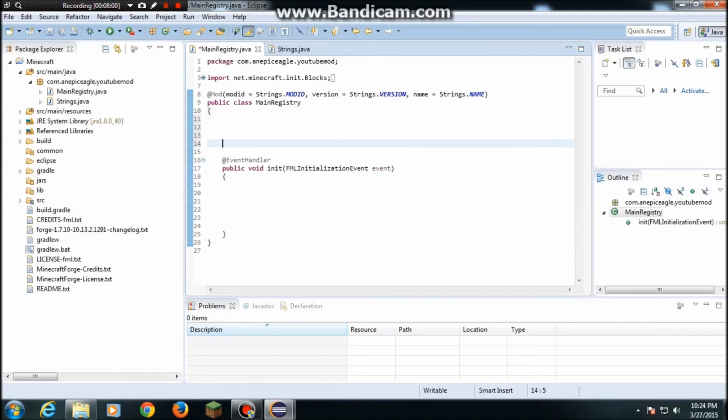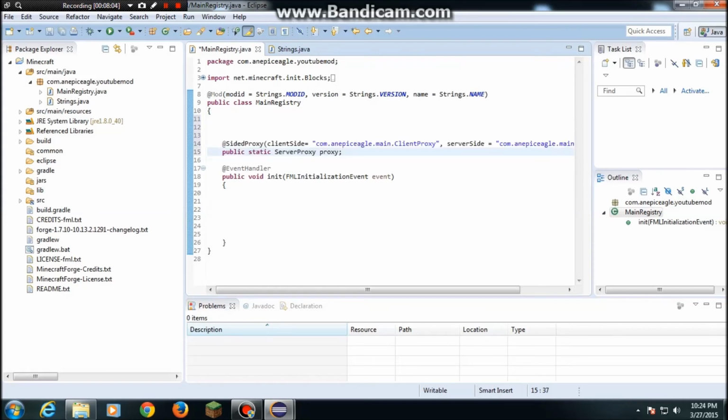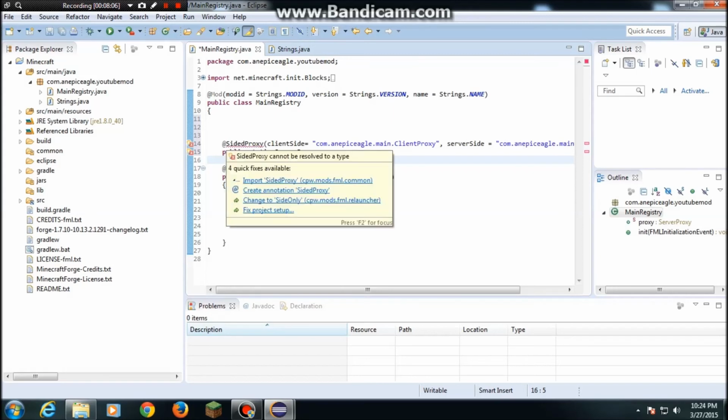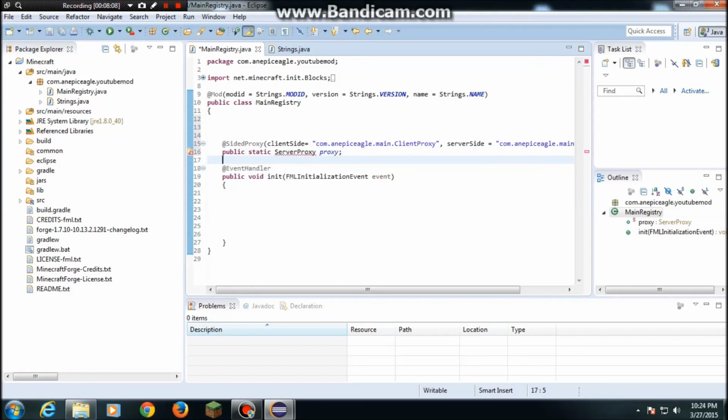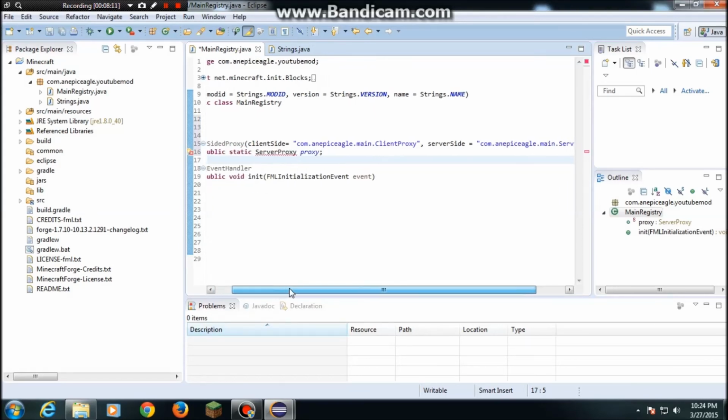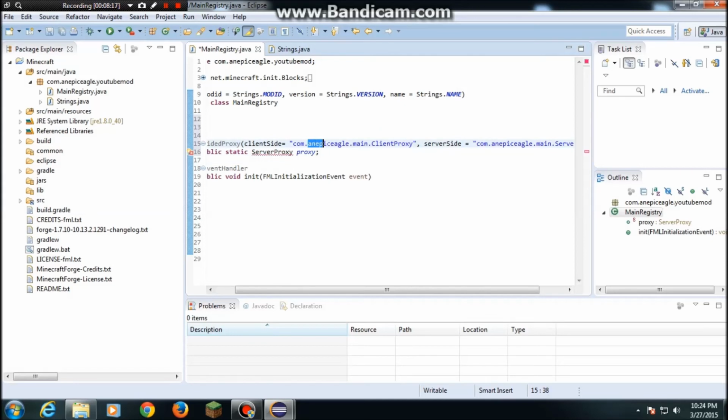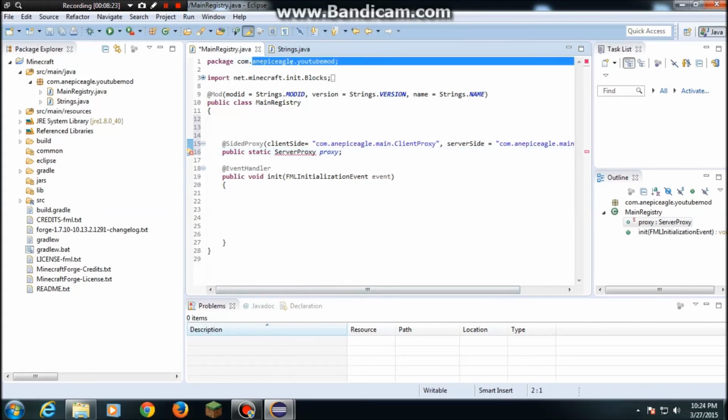Go down a couple lines. Make sure that you're before this, but after @Mod, and we're going to type @SidedProxy. I'm going to import it, parentheses, clientSide equals, and you're going to do com dot your name, whatever you put here, and then dot